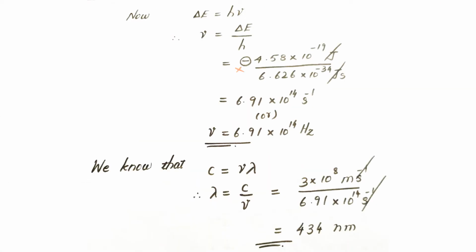Once you have calculated the value of delta E, which corresponds to the energy of the photon emitted when an electron makes a transition from fifth orbit to second orbit, it can be equated with its frequency. How? By rearranging the equation delta E equal to h nu, you can calculate the value for the frequency of the photon emitted. So when you rearrange delta E equal to h nu, you get nu on the left hand side and delta E by h on the right hand side.